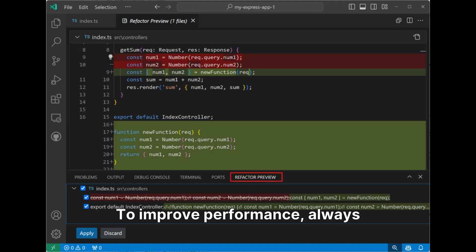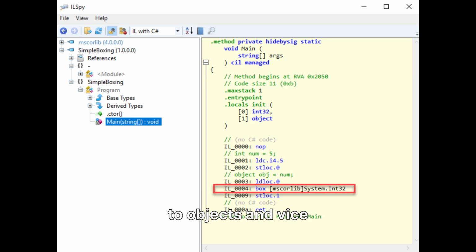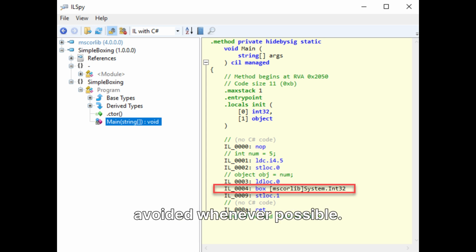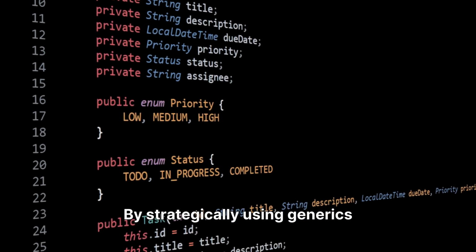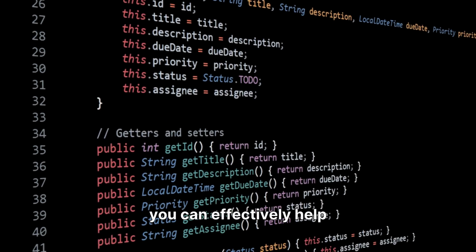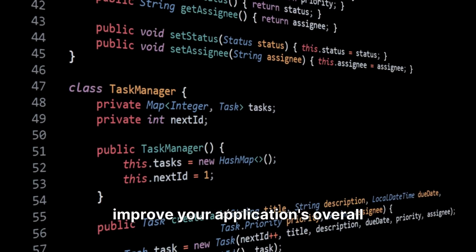To improve performance, always strive to avoid unnecessary computations or excessive memory allocations directly within your loops, as these can quickly add up. Boxing and unboxing operations, which convert value types to objects and vice versa, are computationally expensive and should generally be avoided whenever possible. By strategically using generics and well-designed custom interfaces, you can effectively help prevent boxing and significantly improve your application's overall